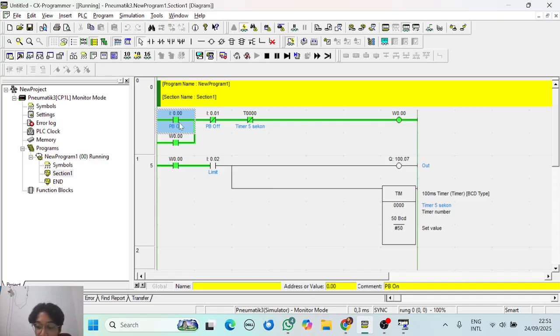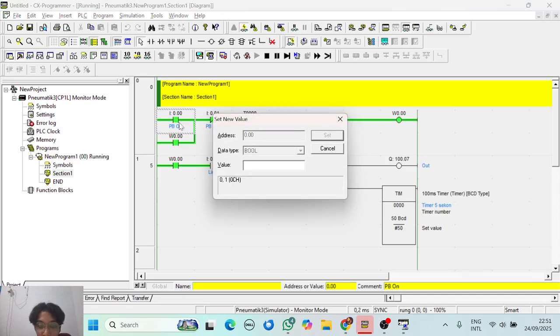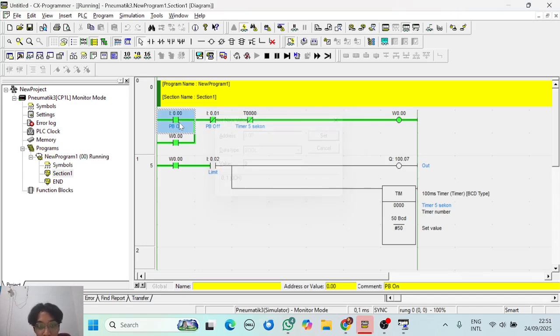We can make this push button on off, but the circuit is still on because we made a locking system that takes a signal from the internal relay. That's why the system is still on.